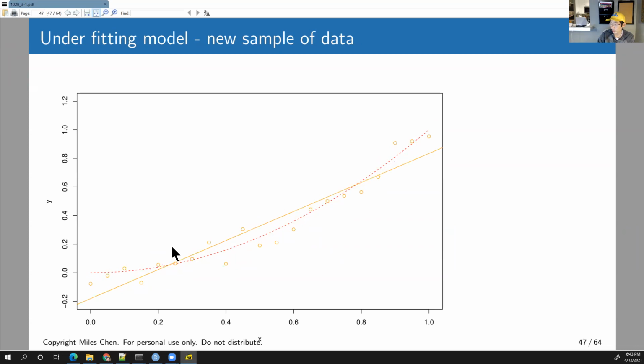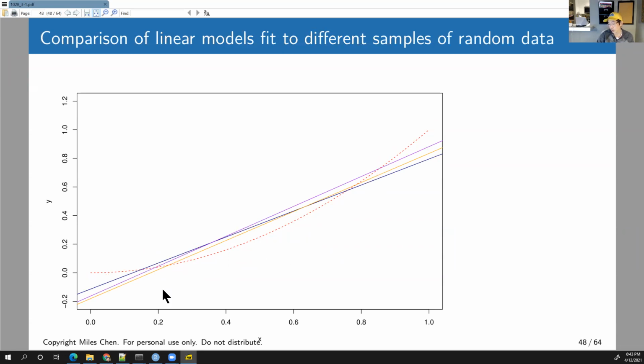And I do this with one more. These are another random set of dots, and I'm fitting a straight line. So if I compare all three, because we had different dots, our fitted lines are similar, but not exactly the same. And so the point here, when we talk about bias and variance, the variance is how much does